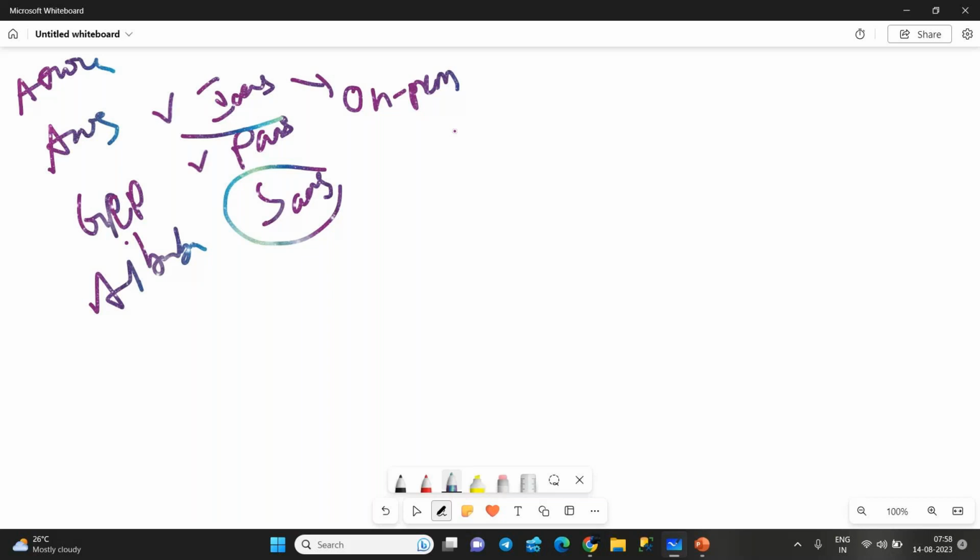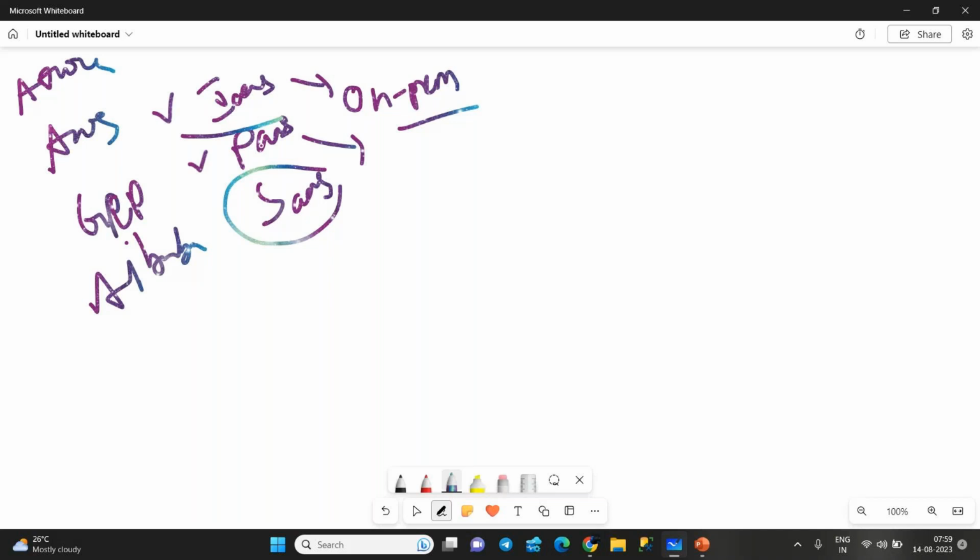Then you can go to the PaaS platform. Here you don't have any control on the operating system. In IaaS, you can control the operating system, means you can access the operating system. So you can do whatever you can do in on premises, but the infrastructure is maintained by your cloud provider. In on premises, the infrastructure is owned by you, but here Azure will maintain the infrastructure. But if I don't want access to the operating system, I just want to focus on my services and my data, then you can prefer a PaaS platform.